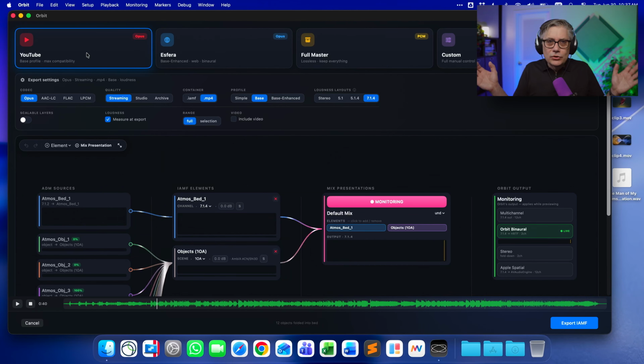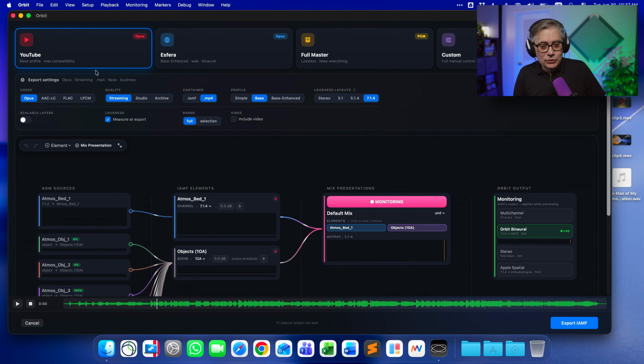VLC should technically be able to do that. However, I was not able to install the latest version, the nightly build, which would be required for Eclipse Audio playback. I was not able to install that on my MacBook. It gave me a file is corrupt error. Not quite sure why that is. So at the moment, everything is a little bit in flux, but in theory, everything should actually work.